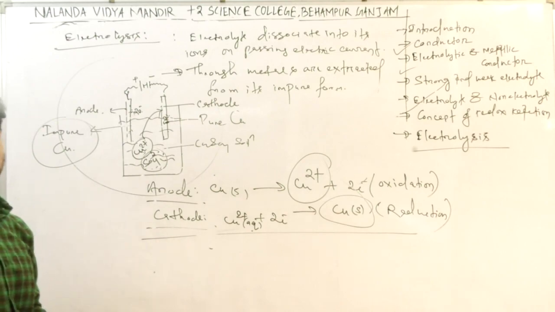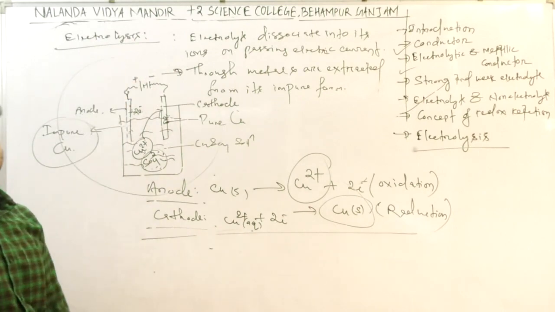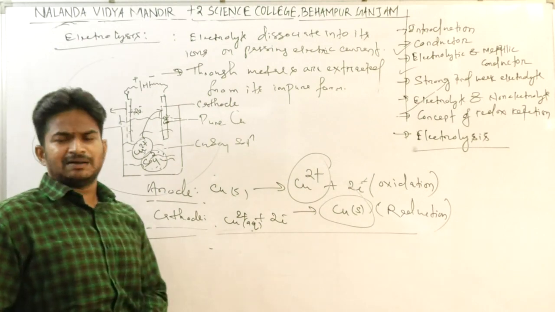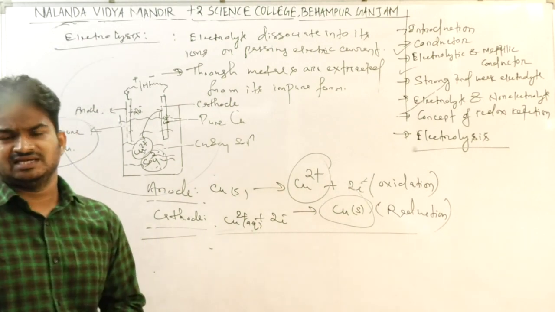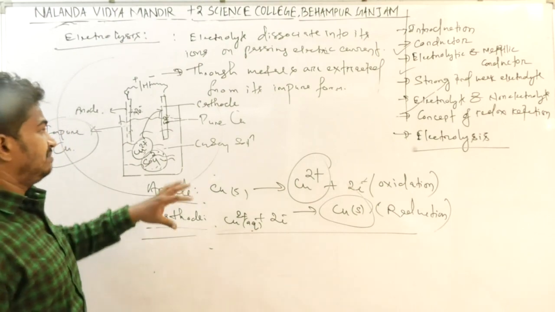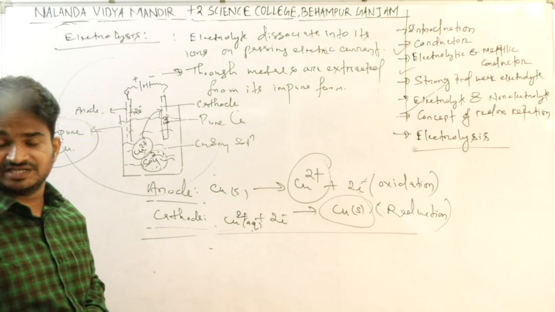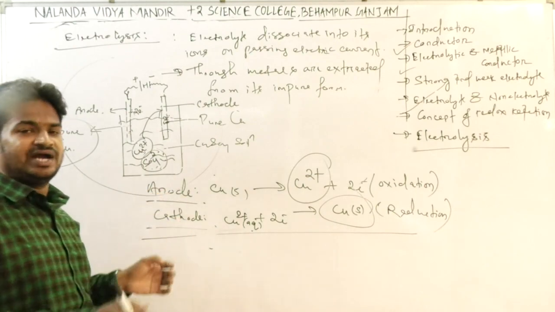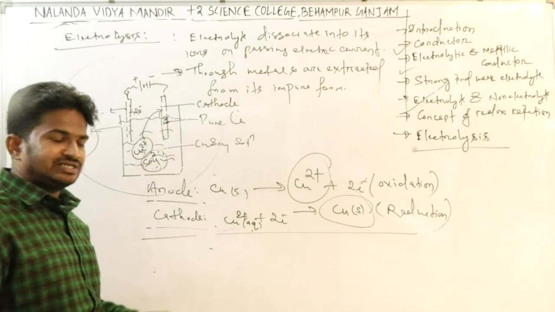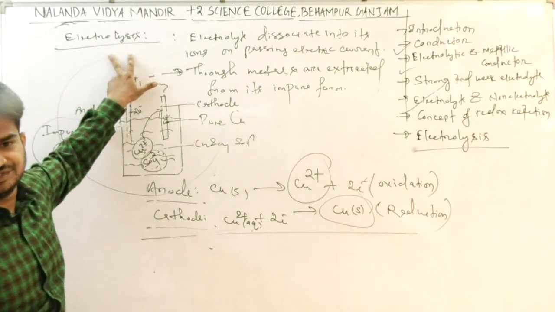So the pure form of copper can be extracted from the impure one, and that is an application of electrolysis. A few applications of electrolysis are electrotyping and electroplating. But you have already learned this in class 10, in the metals and non-metals chapter, and you also have some idea of electrolysis from redox reactions in 11th class. So I needed to make you revise it once again.